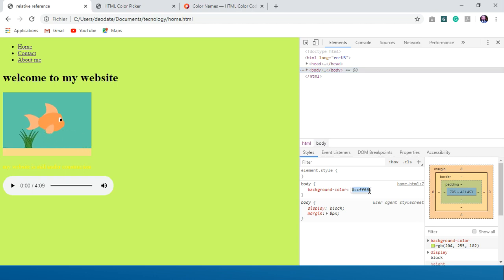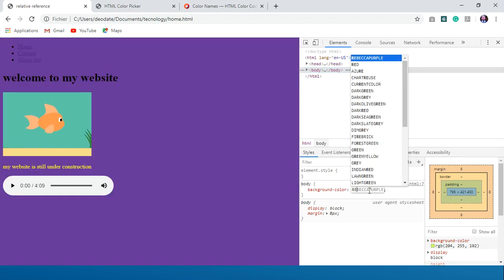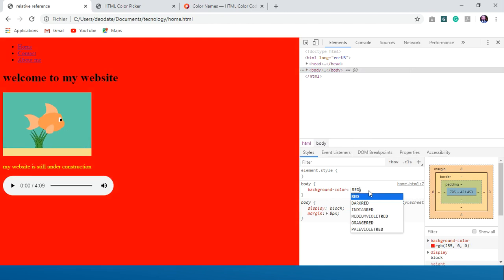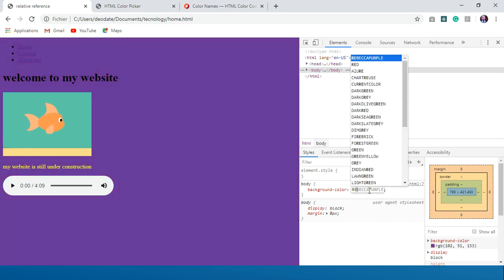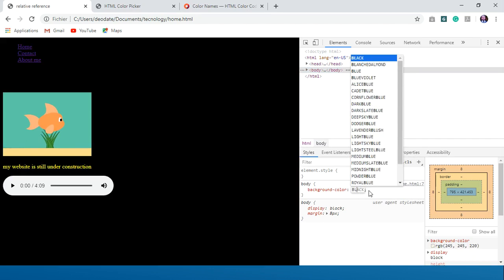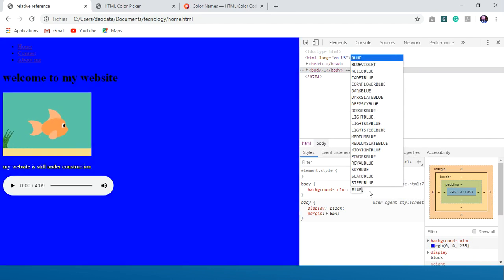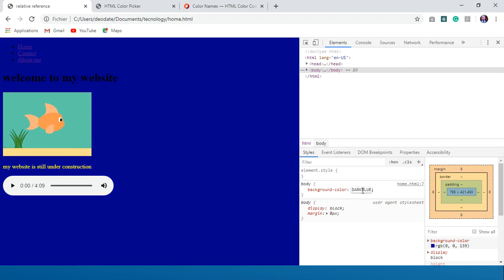If I double click on it, I can even change it. Let's say if I type red, you see the background changed. If I delete it and I type, let's say, blue, the background will change. There are many colors that pop out here, the suggestions. If I click on them, they will change. And another way to do it,